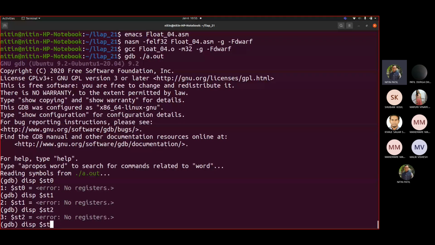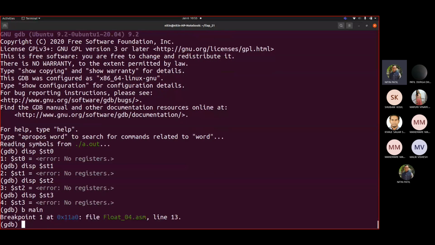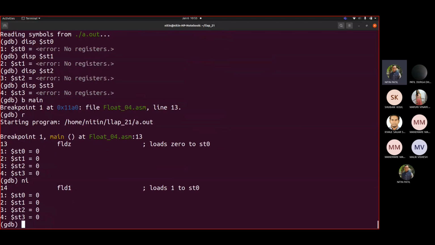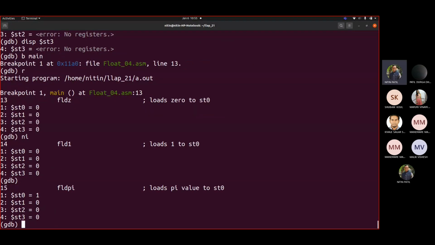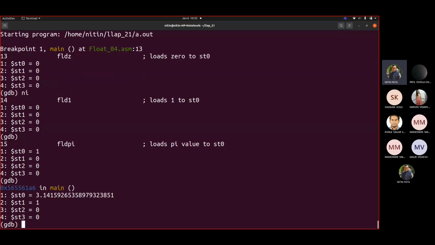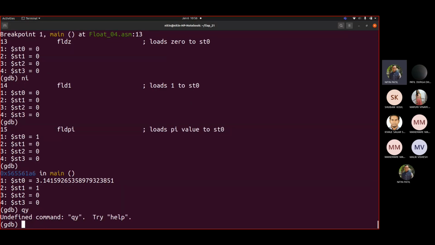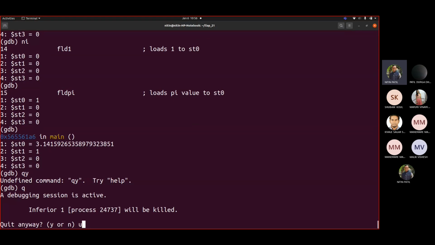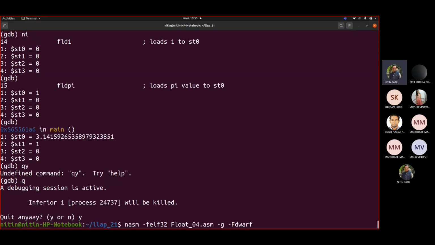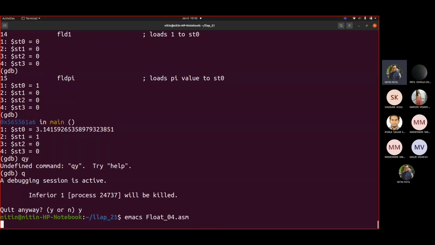Fine. So you can take 3, 2. It's not a problem. So breakpoint main, run. Now see FLD is here. So 0 is loaded. FLD1, pi. Correct. Now FLD1, you can see now 1 is added. FLD pi 3.14. Okay. Now I hope these are the three instructions. So let me change their order so that we will see whether 0 really is added or not.